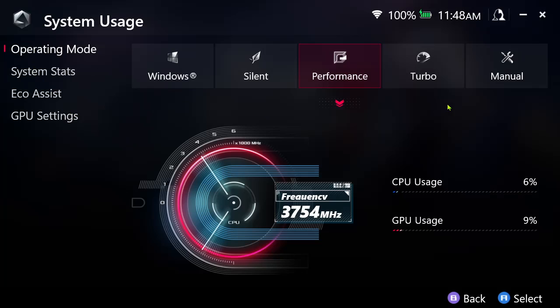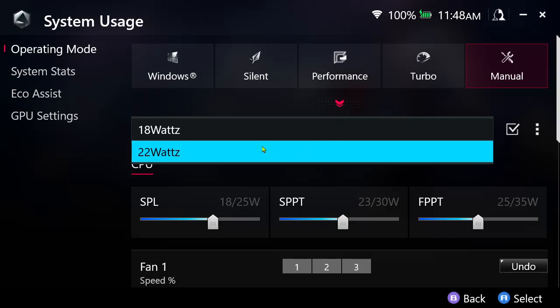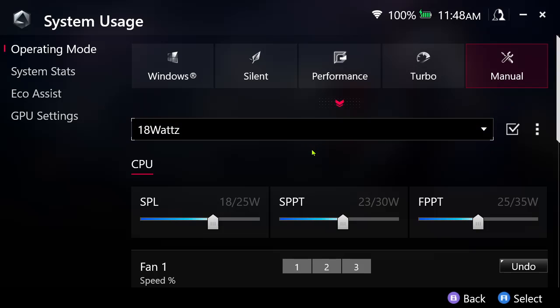Operating mode. I've been using turbo for mine, but you can also set a manual profile. If you go into manual, I have two separate ones. I have one for 18 and one for 22. 18 kind of works, 22 is iffy, but for the best performance I've seen, put it on turbo. So hopefully in the coming weeks they'll tweak it a little bit so you get better battery life on the Ally. Because again, at turbo,